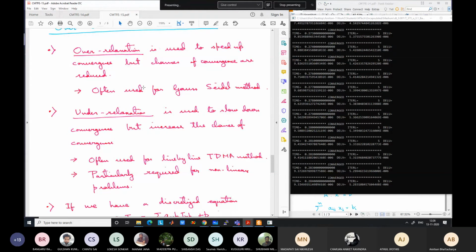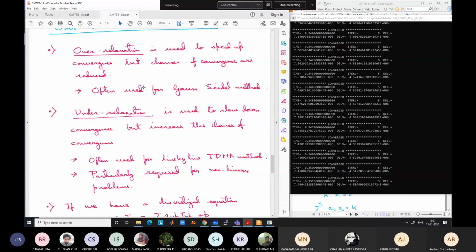Say the correct solution is 1 and the previous iterative value is 3. So in one time step, say you change the value by 10. So instead of 3, you go to -7. It has gone towards the correct side, the correct direction being from 3 to 1, but it has crossed the correct value and gone much further to the other side, -7. So in this type of case, over relaxation will lead to a big problem.